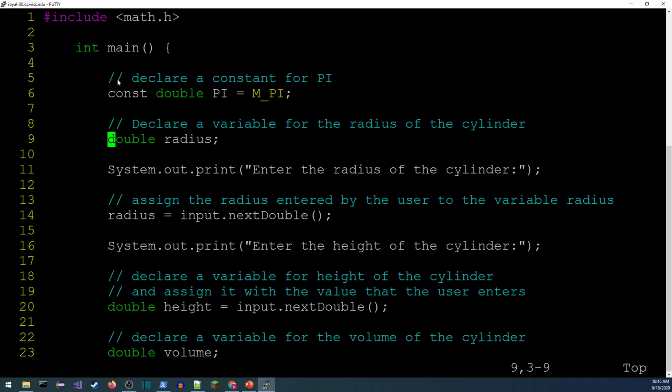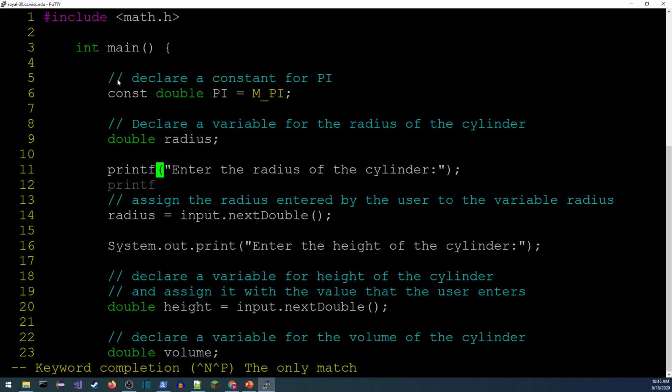And then the variable for the radius of a cylinder, this is exactly the same. I'm just going to leave that. We'll be using a double for that. The prompt, minor change here. This just needs to be a printf. Declare the radius, enter the radius of the cylinder. And yep, in C,